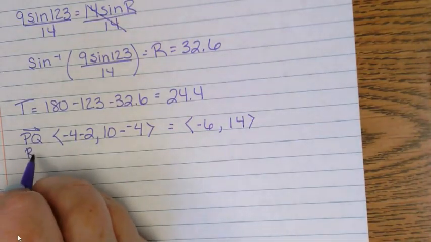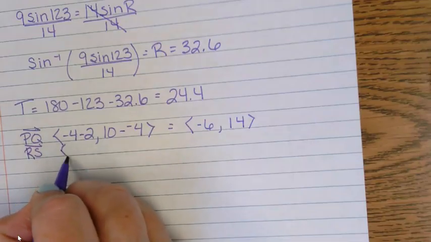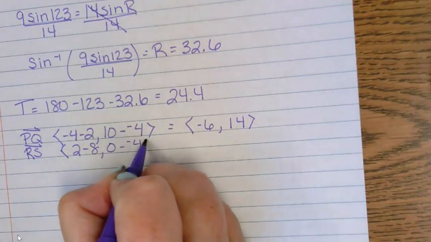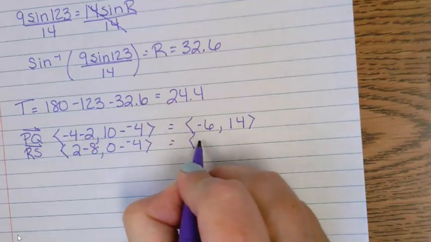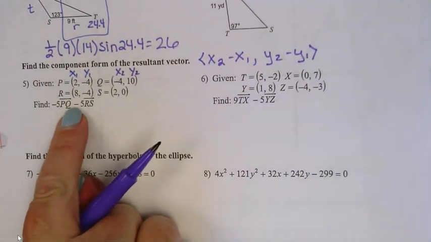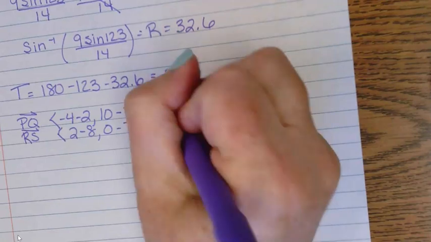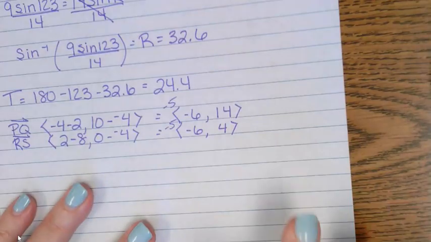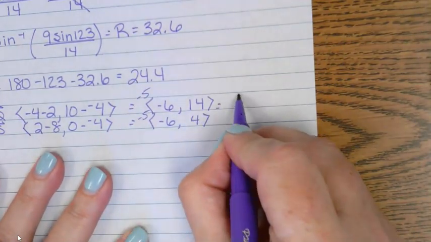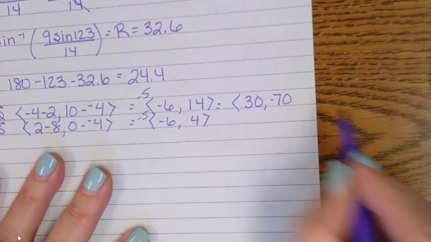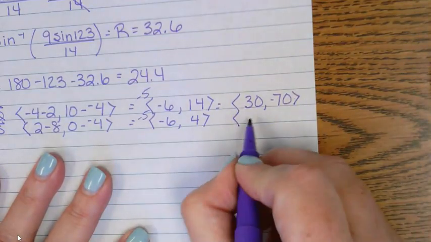And now I got to do the same thing for R and S. So 2 minus 8 and 0 minus a -4. So that becomes -6 and 4. Okay, so we're not done. Now we have to answer this question. So what I'm going to do is multiply this by -5 and this by -5. And so that's going to become 30 and -70, 30